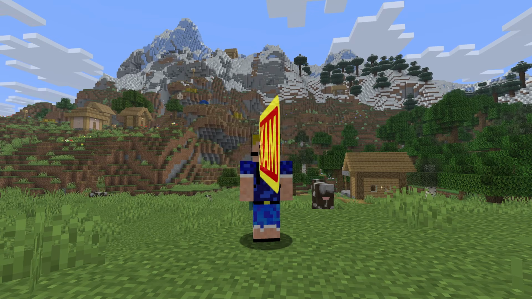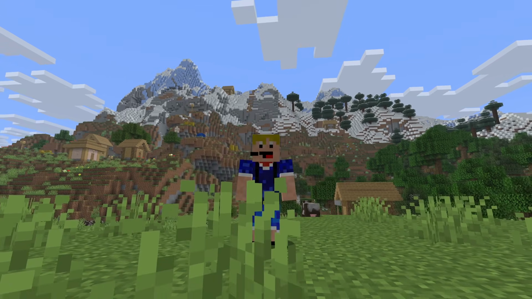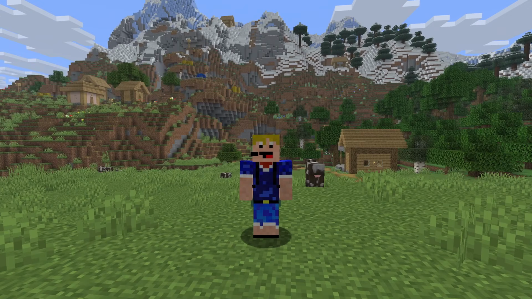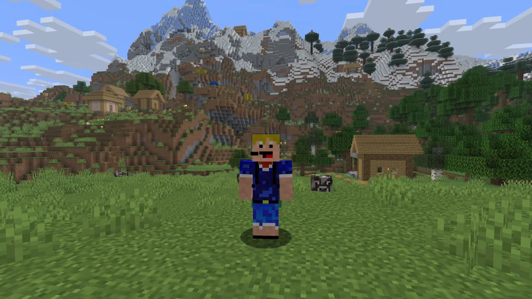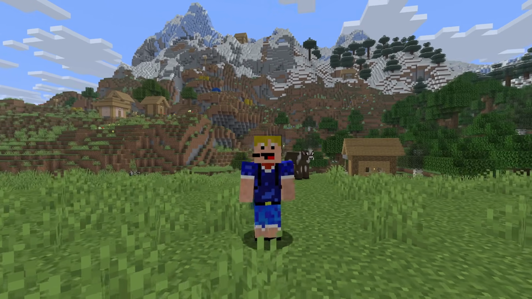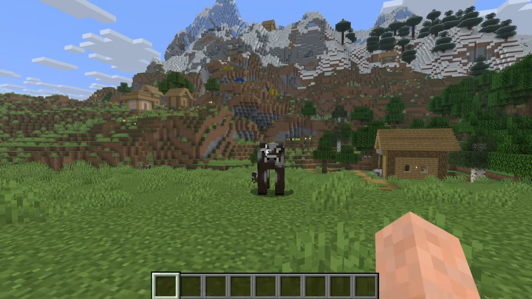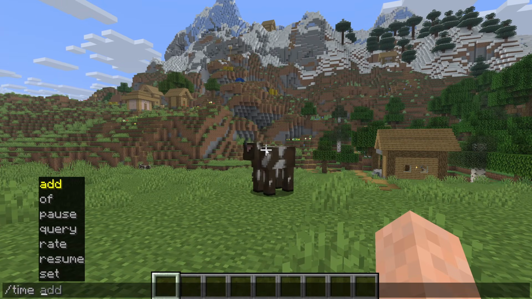Hello everybody, welcome back to another video, and in this video I'm showing you how to use the time command in Minecraft for both Minecraft Java Edition and Minecraft Bedrock Edition. /time is available in both Java and Bedrock, but the command works differently in both editions, so I'll